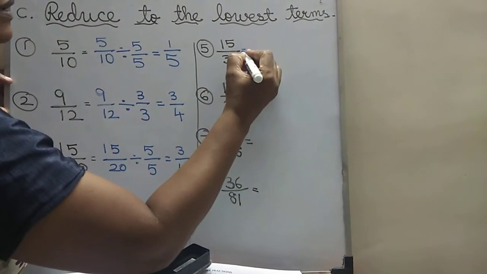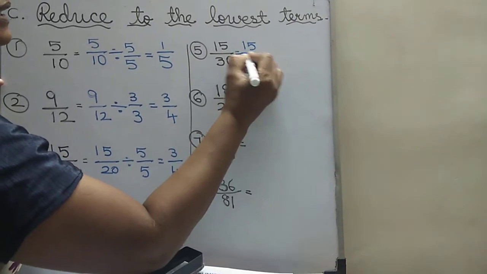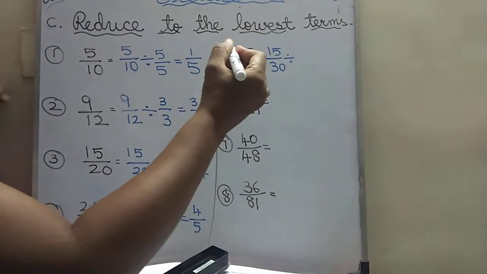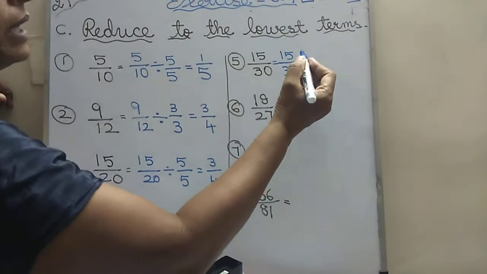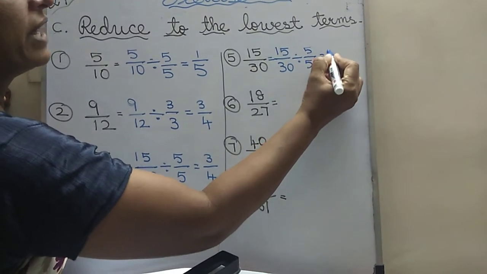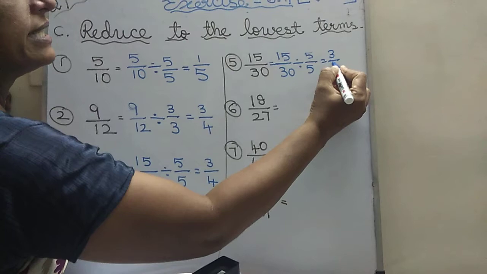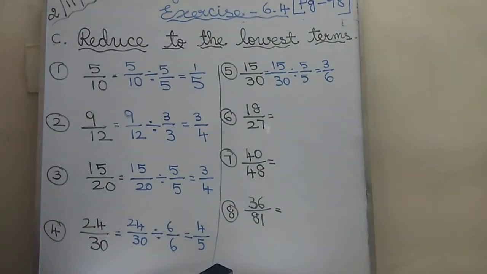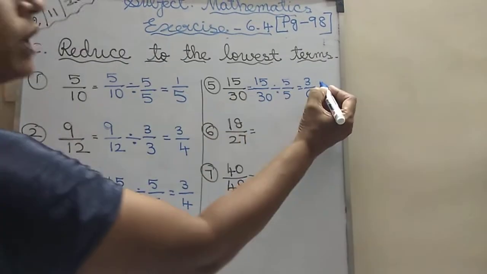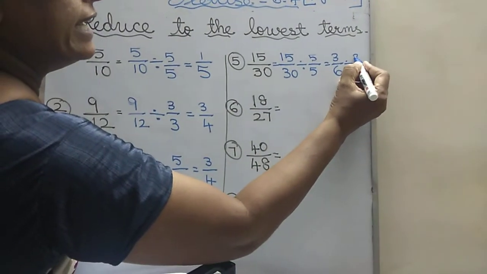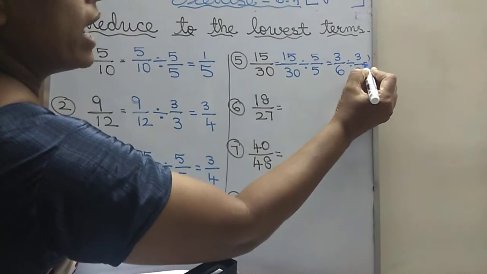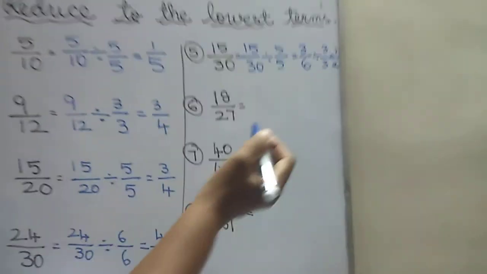See, 15 by 30 goes in what table I said, children? In the 3 table, isn't it, children? In the 5 table it goes, 5 by 5. So that is equal to 5 3s are 15 and 6 5s are 30. Now what can you do? It again can be divided. See, 3 goes in what table? You can put the 3 table, isn't it? 3, and this also goes in the 3 table. So what will the answer be? 1 by 2. What answer will come?